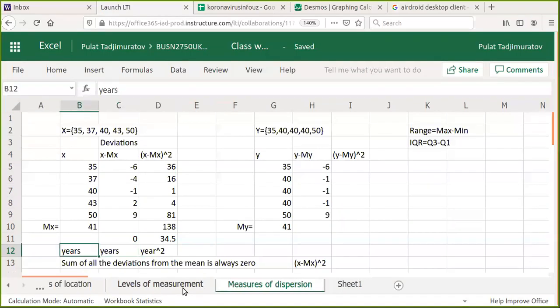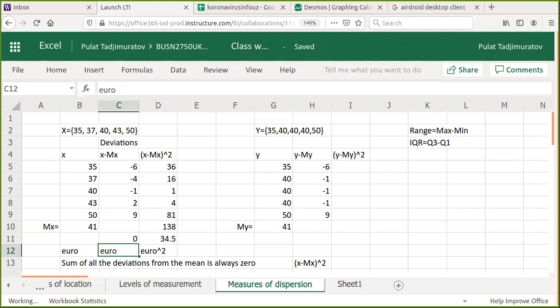Or for example, if that was prices, here the unit will be something like sum or dollar or euro, maybe euro, why not put euro? And the deviations are also in euro, and here we have euro